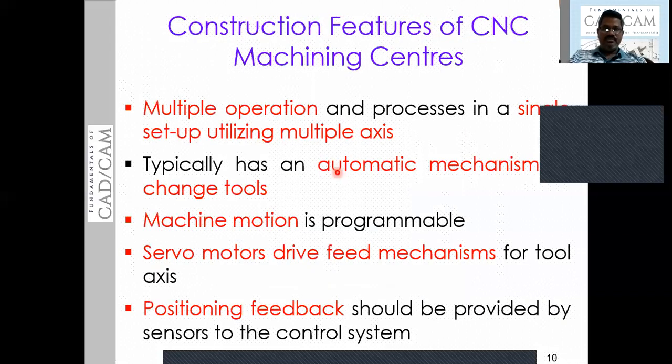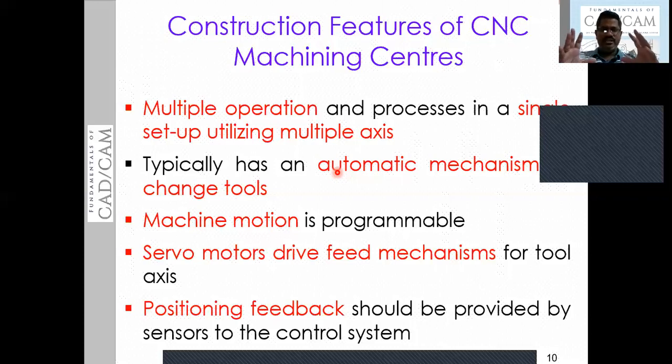Let me move further. We already discussed that in the construction features, it can be designed to perform multiple operations and processes in a single setup, as I said just now. And these CNC machining centers also have multiple axes, not only a single axis.